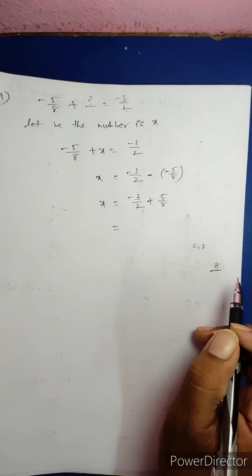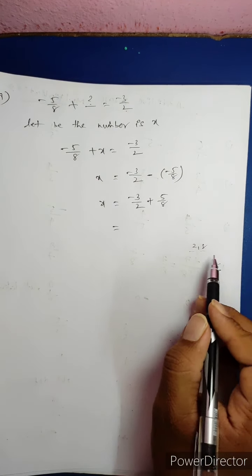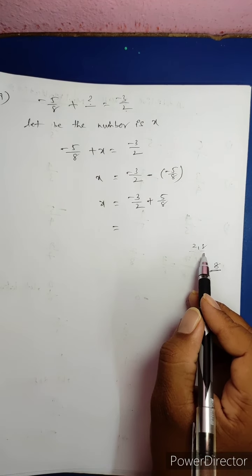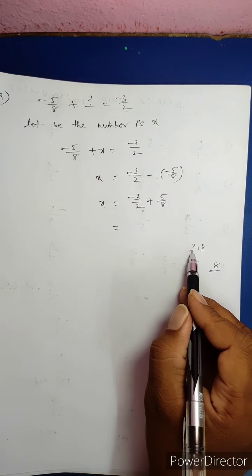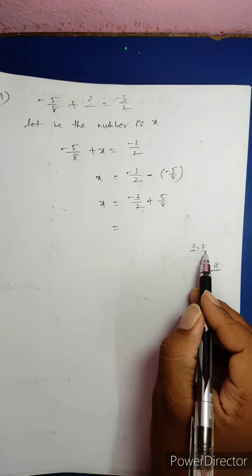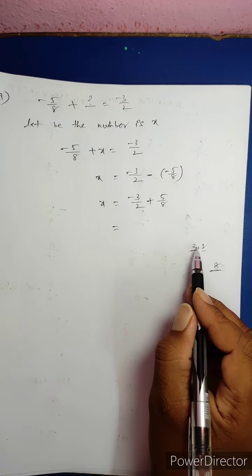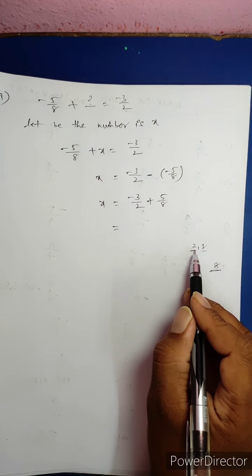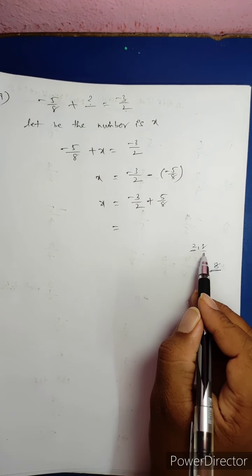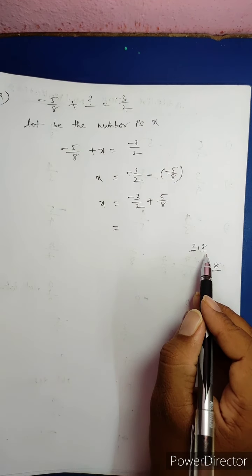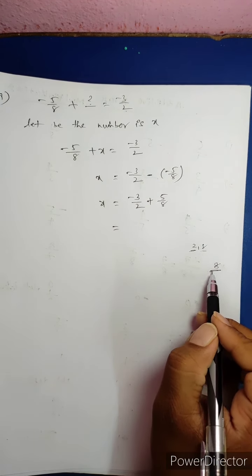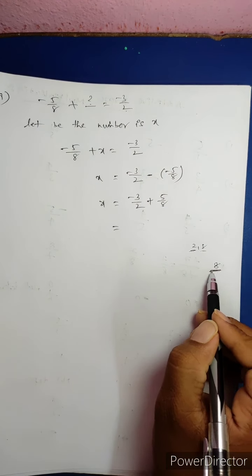These are some tricks to find the LCM easily. You observe two numbers, the small number is 2 and the other is 8. These two are in the small number's table, the 2 table. 2 is a multiple of 2, 8 is also a multiple of 2. At that time the LCM is the big number.